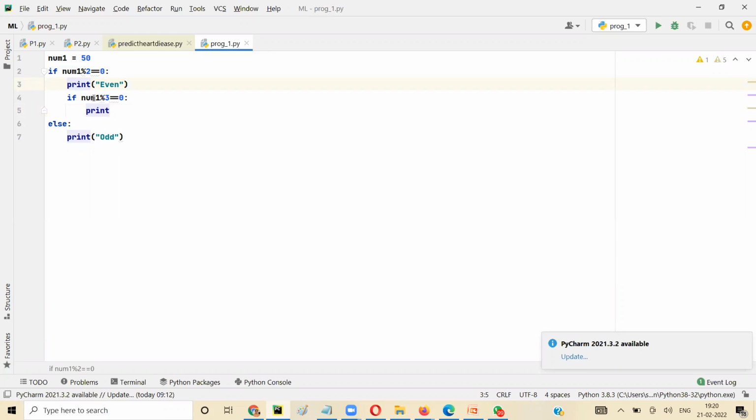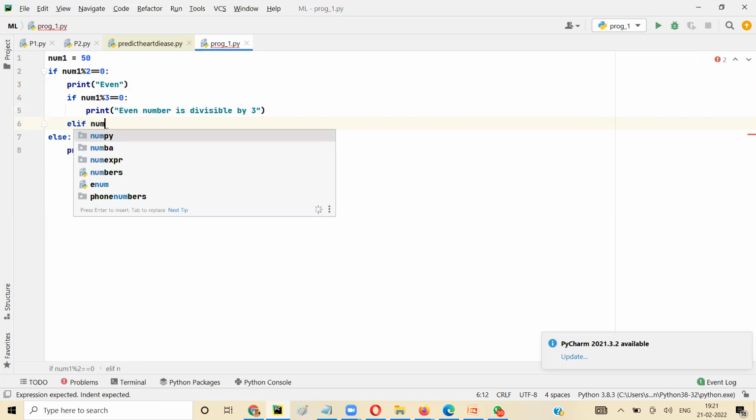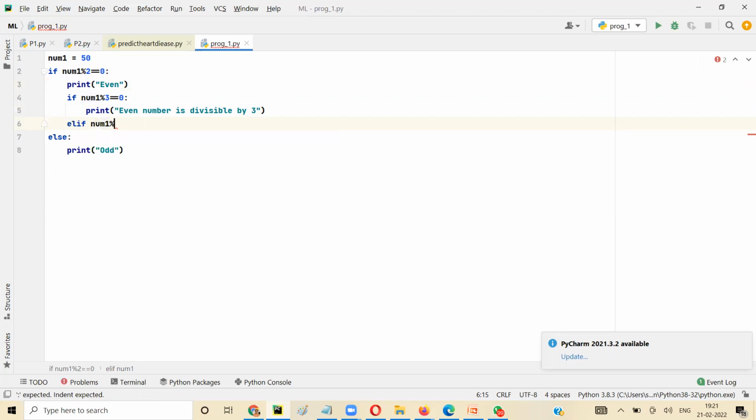If the number is even, then I want to see if it is divisible by 3, 5 or 7 or not. So what I'll do, if num1 modulo 3 equal to 0, then I'll print the even number is divisible by 3, right? And I'll add one more condition, 5. If num1 modulo 5 equal to 0, print